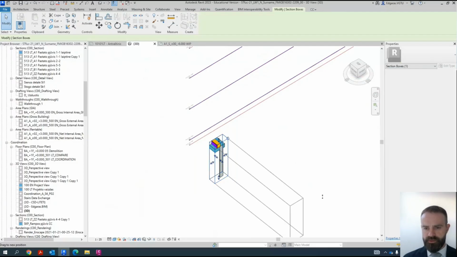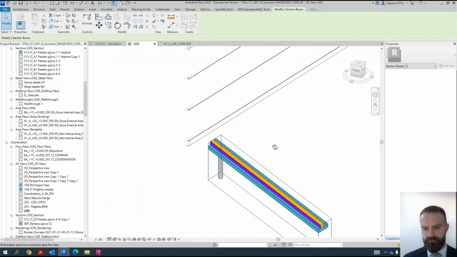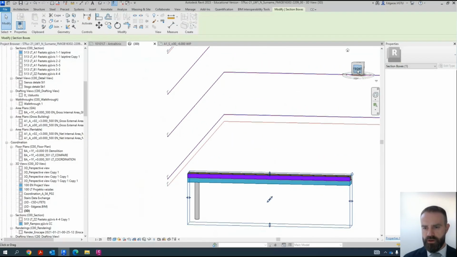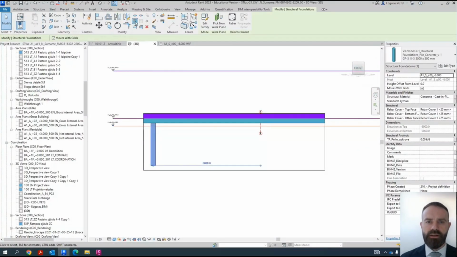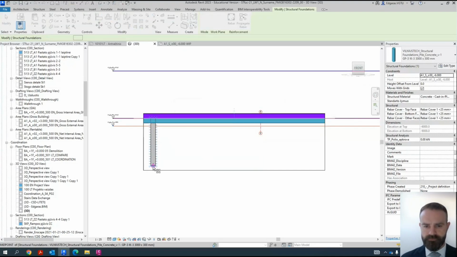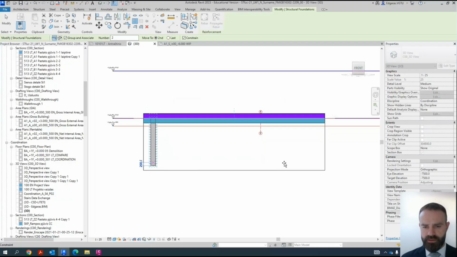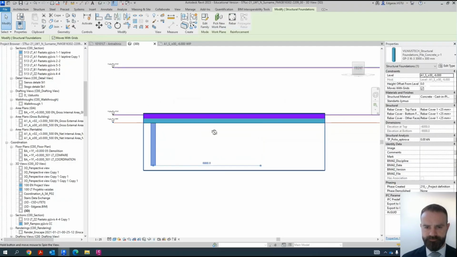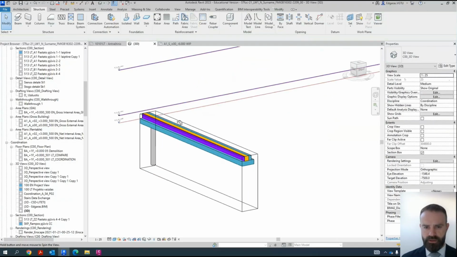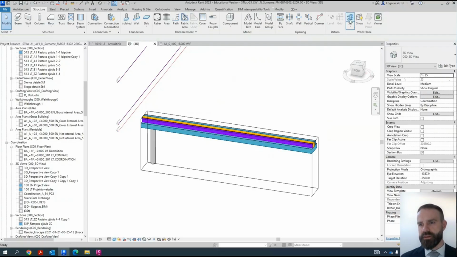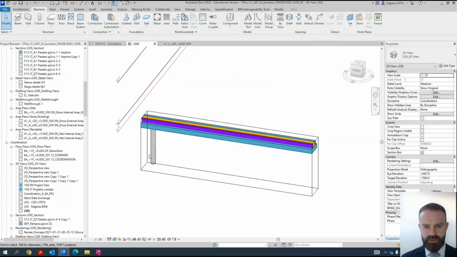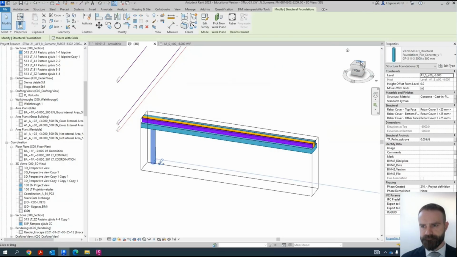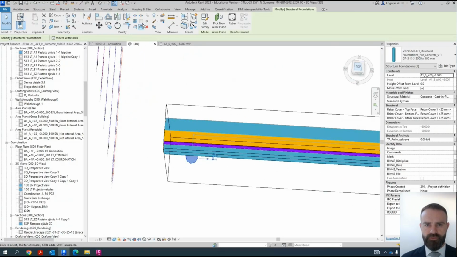And if I want to put this foundation along my wall, I can select the foundation. I can click array tool, and I can say let's place it along my plane. Before that, I need to maybe change the plane. Plane is okay. So maybe I need to look from the top